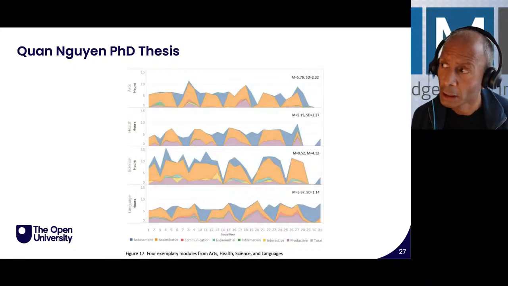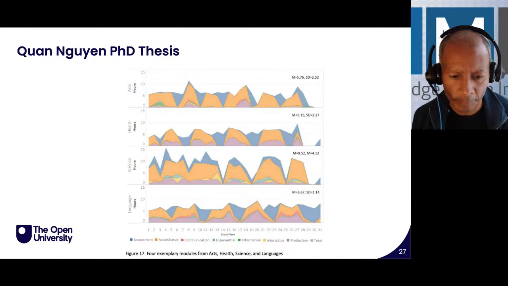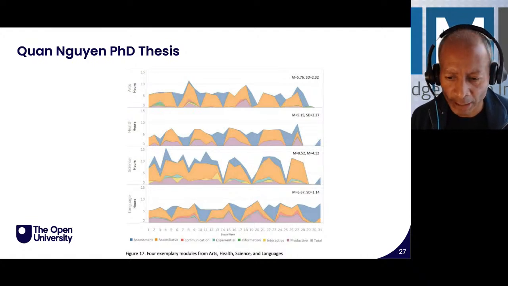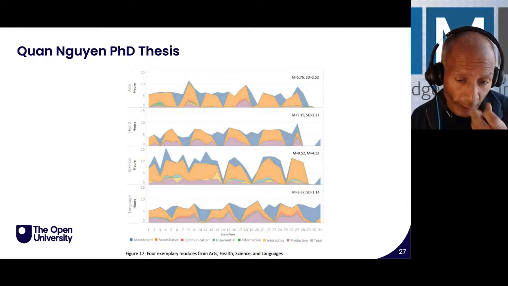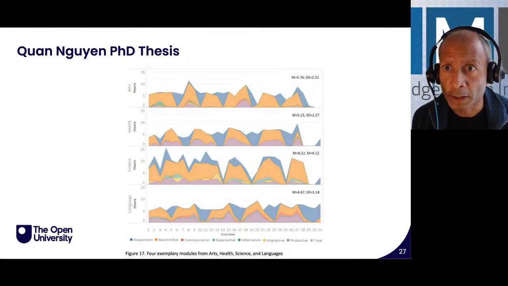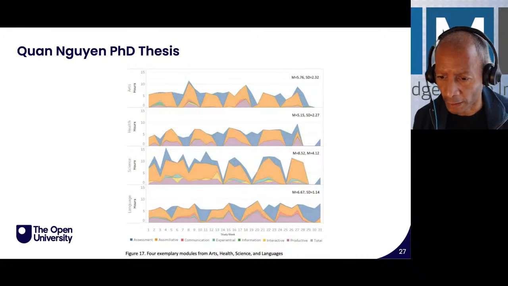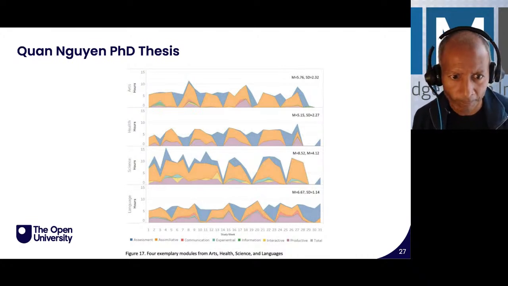Also, another thing I'll say is when we create our modules, we have a framework at the OU for doing this, and it's based around supporting 7 main types of learning activities, from assessment to being assimilative, experiential, communicative, etc. And analysis of our materials, it looks like we intend to encourage students to spend a fair amount of time doing assessment and doing assimilative activities, maybe reading, and maybe generative AI could help change this balance.